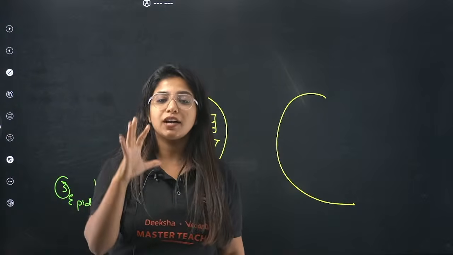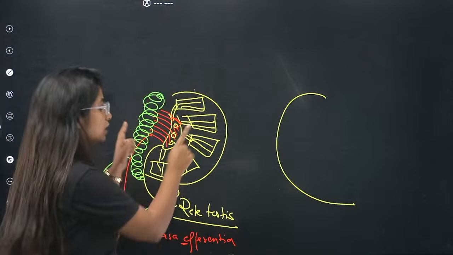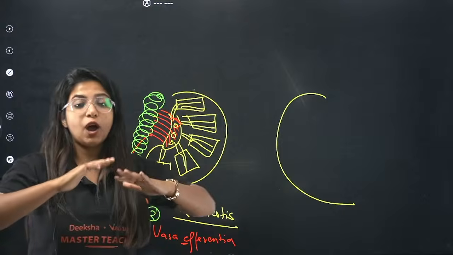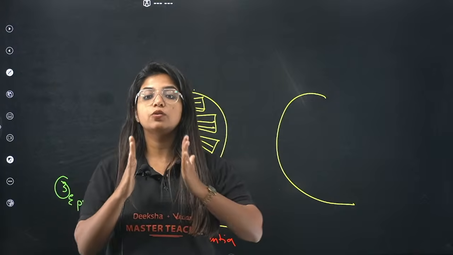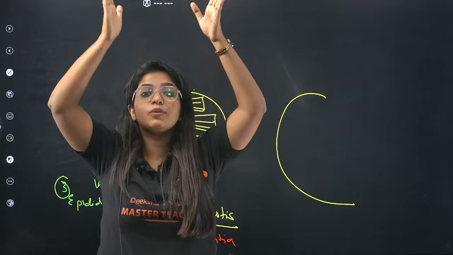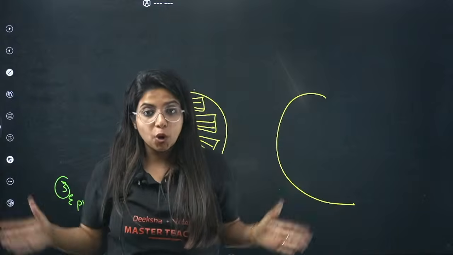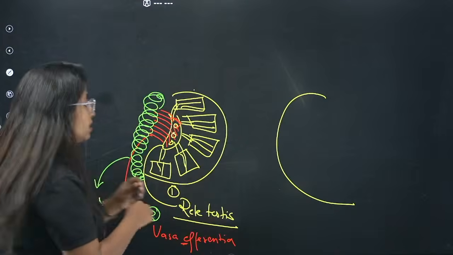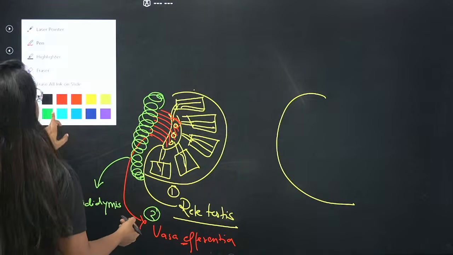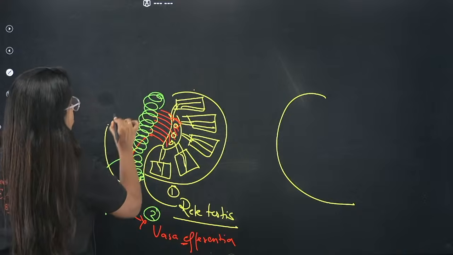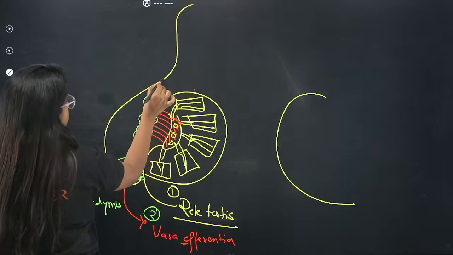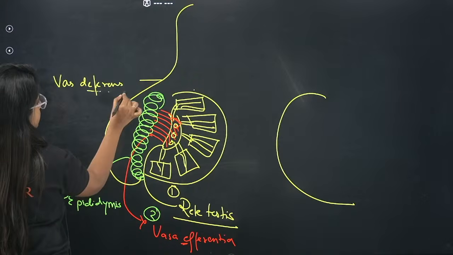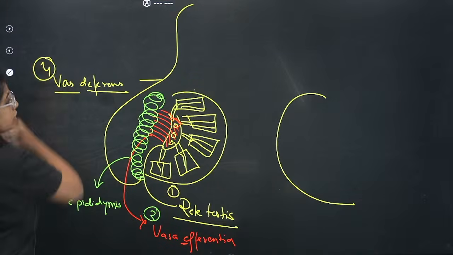But before I talk about that, you need to have a bit of imagination. Everything is happening within the scrotum, inside the testis. Now this duct is going to travel inside the body. Until now it was happening in the scrotal sac. Now things are going to go inside the body. That is where your next duct comes and plays a very important role. The name of this duct is vas deferens. This is your fourth duct.